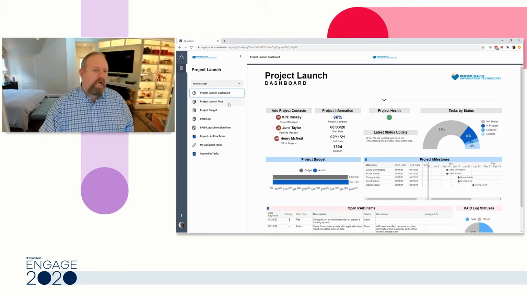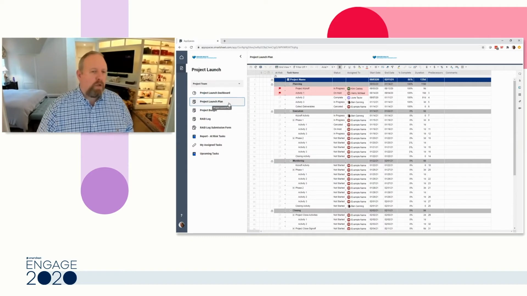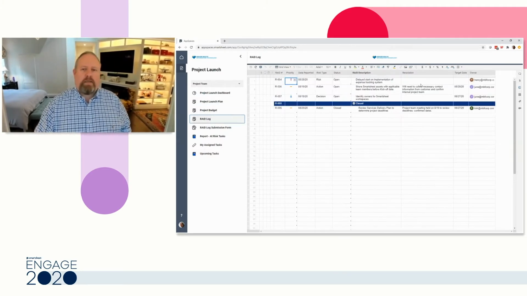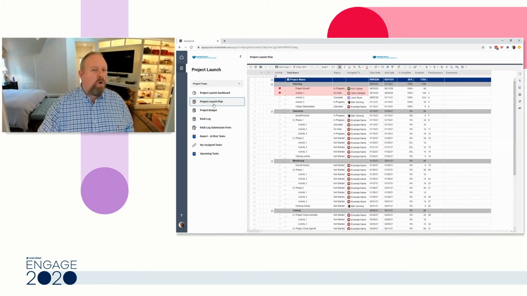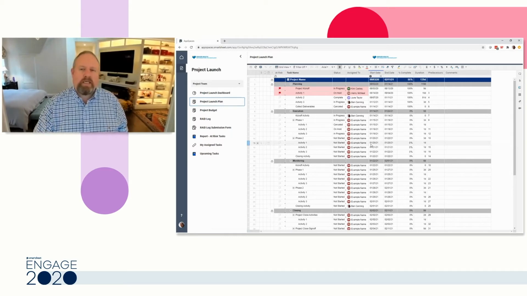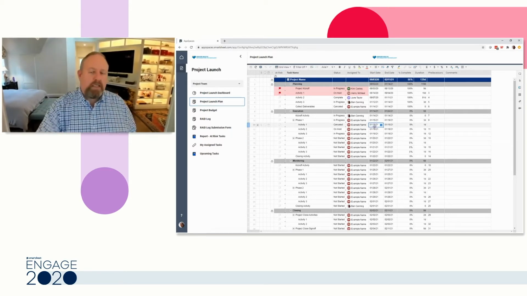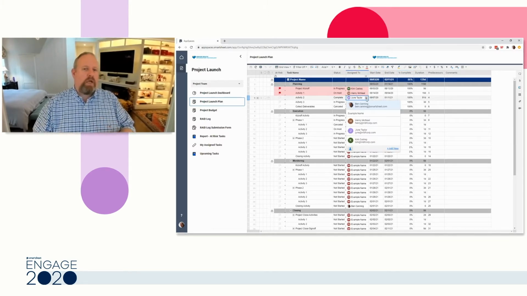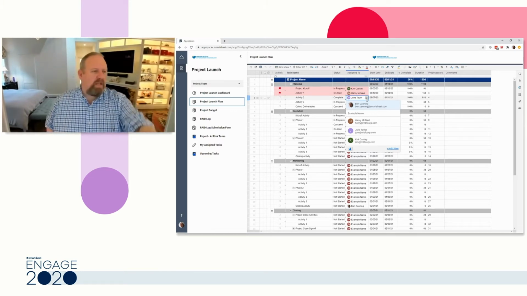So in addition to the dashboard, I've got the project launch plan. I've got the project budget. I've got the log of all of the work items. And so it's very easy for me to home in on just exactly the work that I need to do. And because this is a sheet, I can do anything that you can do in a sheet right here. So it allows me to come to this one place to get all of my work done and have everything that I need to get my work done all together in one place that's easy to find